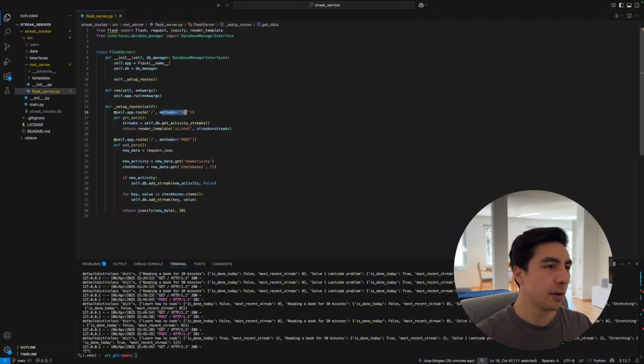So if we use the get method on the root of our website, we're gonna call this get activity streaks from our database. I told you this is just gonna give you a dictionary of all of your activities and the current most recent streak that you have for each activity. And then you're gonna be passing that as a context to your HTML page that you're displaying to the user. And by context, I mean that you can send a dictionary to your